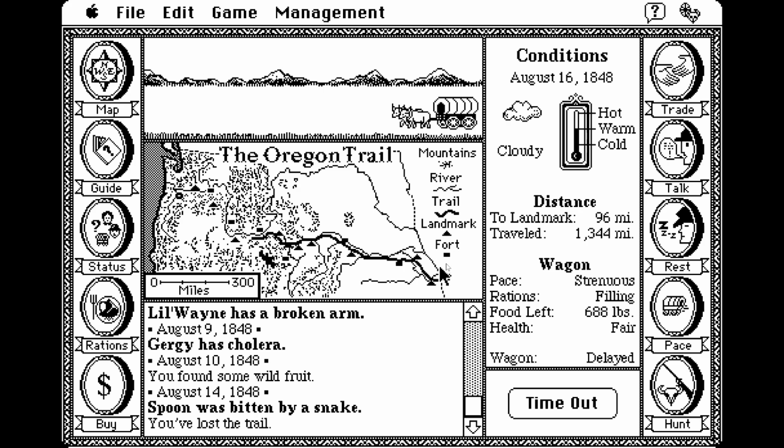And now we're lost on the trail again. Because Spoon is supposed to be guiding us. He's got the map. He's supposed to be directing us. But every time we get lost, it's after he's been bitten by a snake. So clearly,